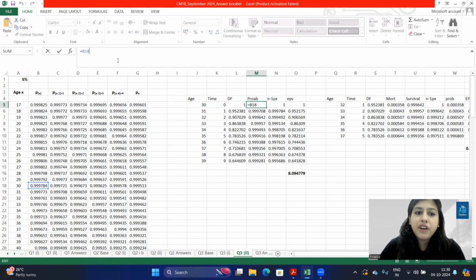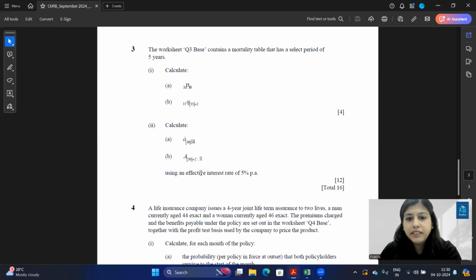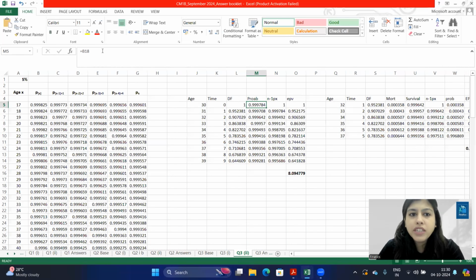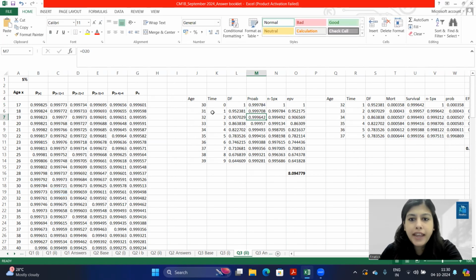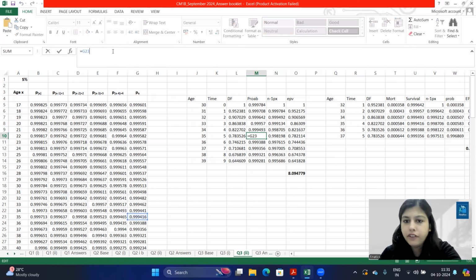Probability would be, for the first year, since the person is aged 30, the first age 30 column selected over here. Then for age 31, he would be here. For 32, he would be the next column. For 33, he would be the next column. So keep on changing the column number if you're using VLOOKUP. For 34, he would be at F. And from 35 onwards, it converts to ultimate after 5 years. Okay?